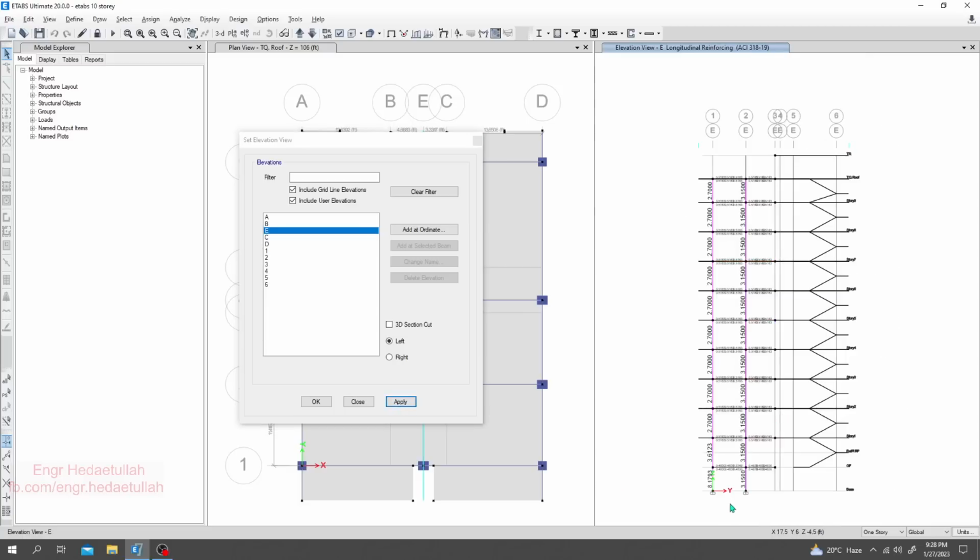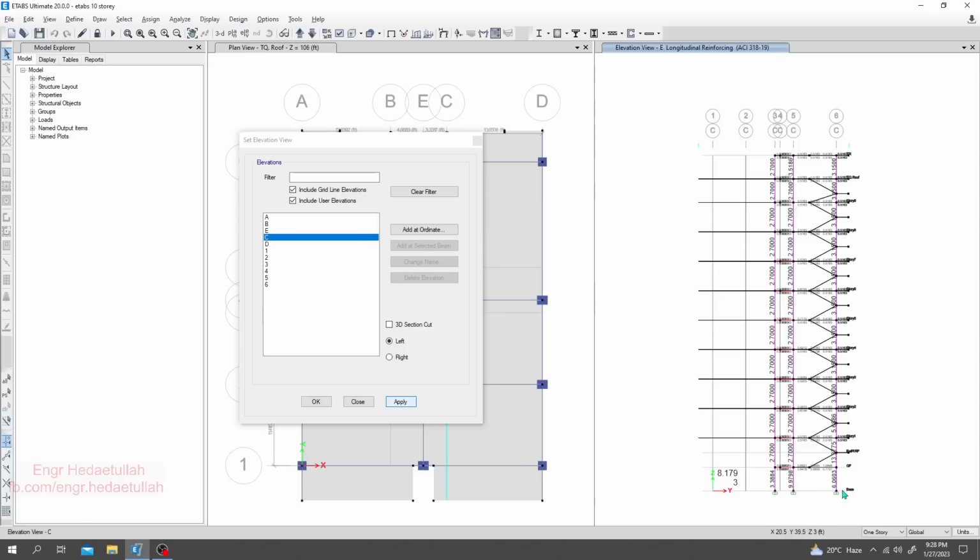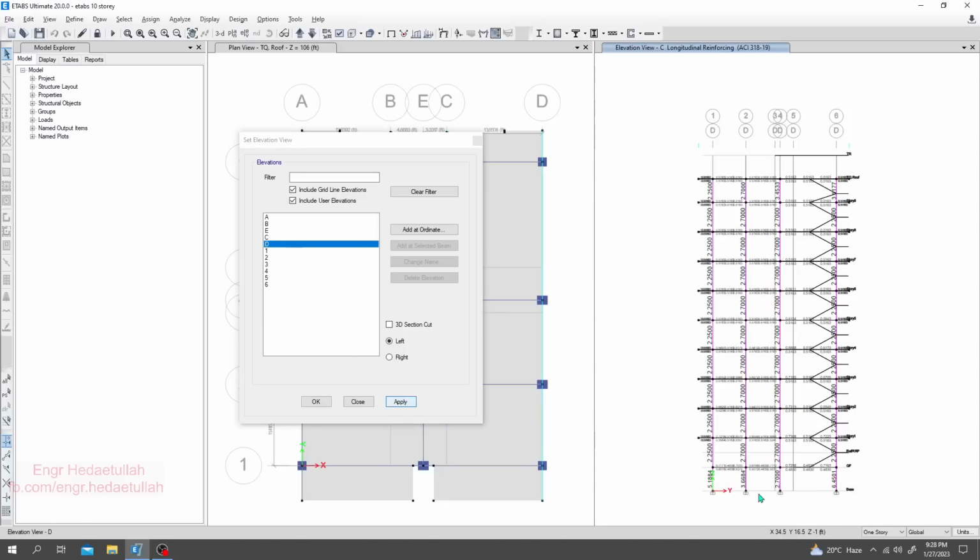E, and here also we need 8.1793 inches square reinforcement. Again here 6, then 9.7 and 3 point something, and for D we're getting more reinforcement in our bottom. So what I will do, actually I will